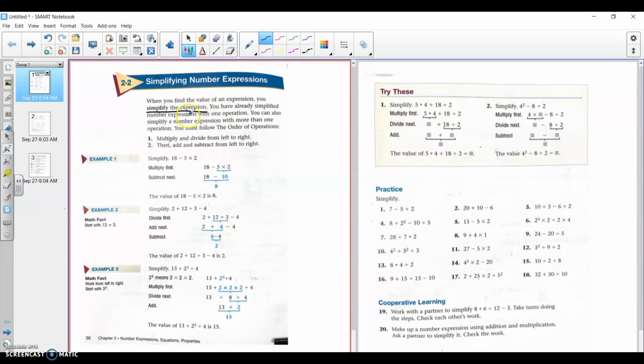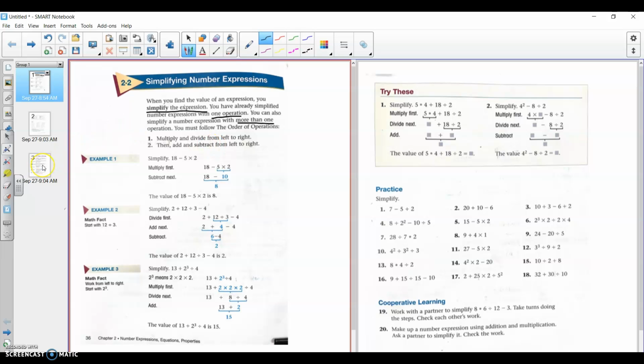You have already simplified number expressions with one operation. You can also simplify a number expression with more than one operation. So you're going to do a plus and a minus, or a minus and multiplication, or whatever it may be. There's going to be more than one operation. So step number 1, multiply and divide from left to right. Step 2, then add and subtract from left to right. So they're basically telling you here that there's going to be multiplication, division, addition, and subtraction problems in your work